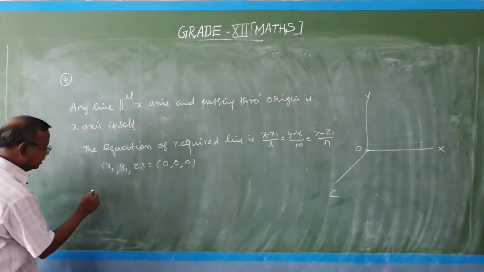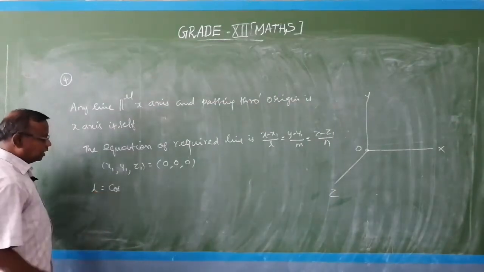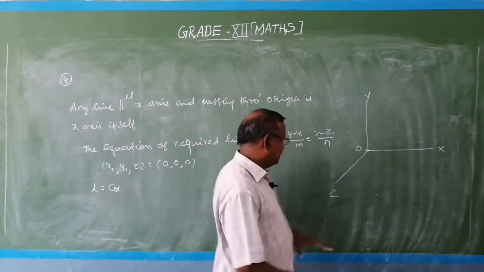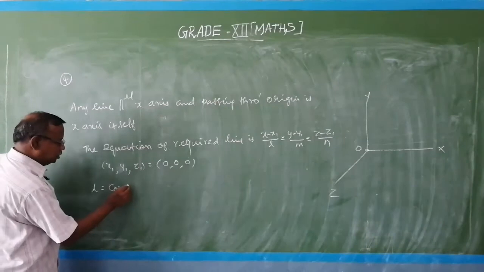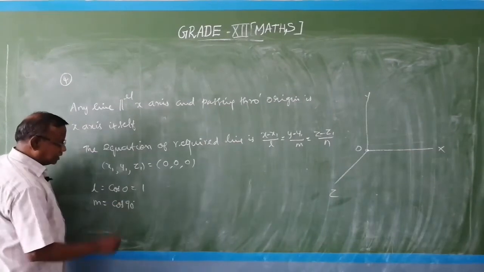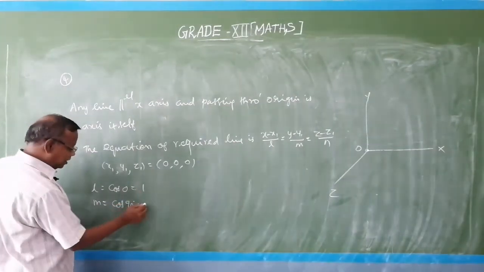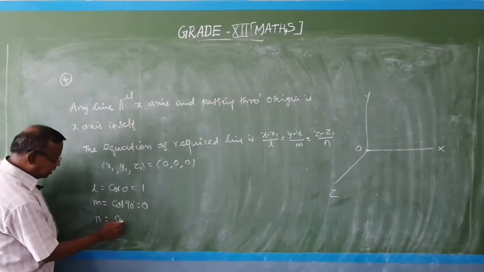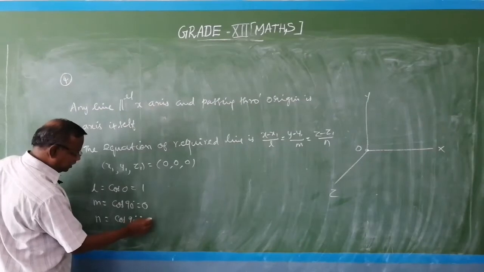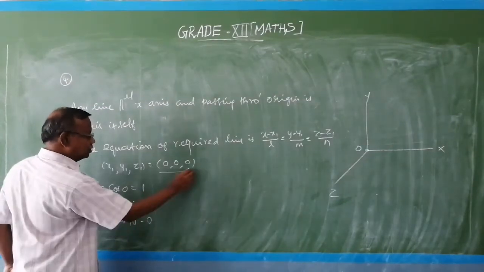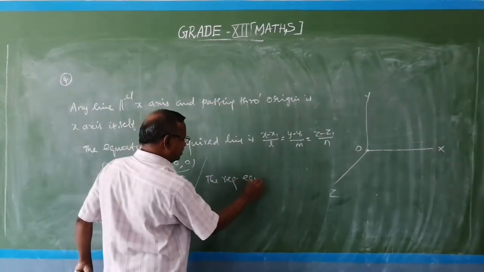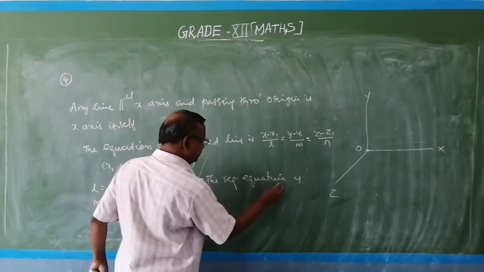Now L equals cos of the angle made by the line with the x axis. The x axis makes an angle of 0 with the x axis, so L equals cos 0, whose value is 1. M equals cos 90 because the x axis makes 90 degrees with the y axis, therefore 0. And N equals the angle made by the x axis with the z axis, that is also 90 degrees, therefore cos 90 equals 0. Substituting these values in the given equation, the required equation of the line is